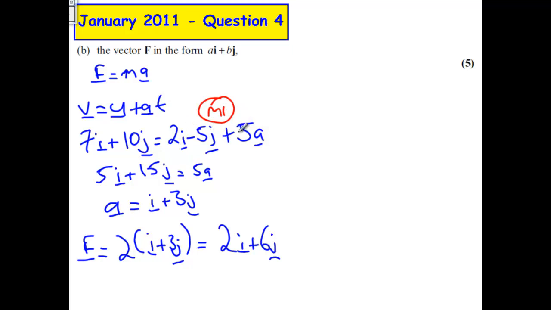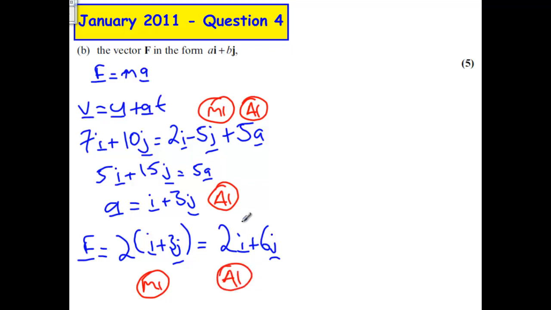And you also get 1 accuracy mark for this, doing it correctly. So knowing that you can set the initial velocity at time t equals 0 as u, and the velocity at time t equals 5 as v. Now, successfully rearranging this to get a vector value for the acceleration, that is another accuracy mark, and then substituting this expression for the acceleration into f equals ma, that's a second method mark, and the final answer gives you